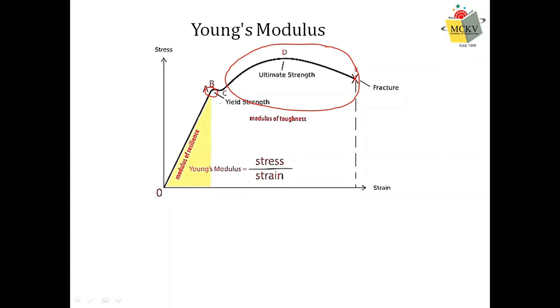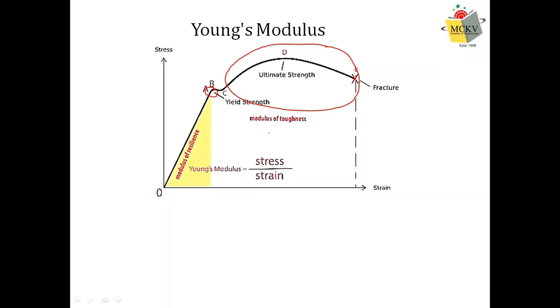Why is this the elastic region? Because if you remove the force, then the object will again regain its original configuration. Now, please remember, when you apply a force, the effect of force can be various. One effect is that force can displace a body, and the other effect is that force can deform a body. In this case, we are trying to find the deforming effect of force. So whenever you apply force, the force will try to deform that body, right?